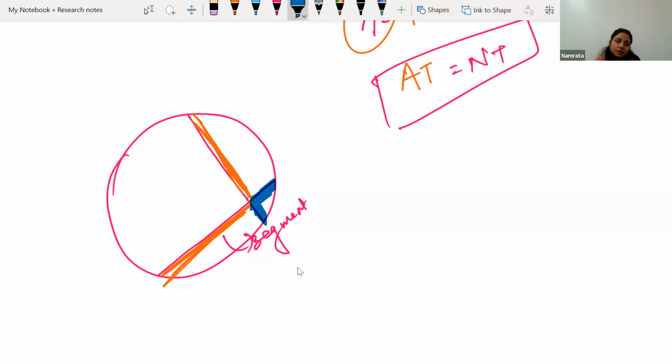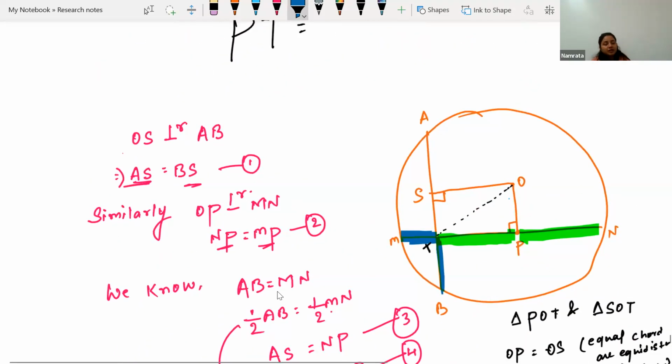How have we proved that? First we are dropping the perpendicular. After dropping the perpendicular on the chord, we know the perpendicular will bisect the chord. We are writing accordingly that we have got the middle point. Accordingly, we are writing the cases. Now these two chords are of the same length also. So we are getting that this section AT, this section AS, BS, NP, MP, these all are